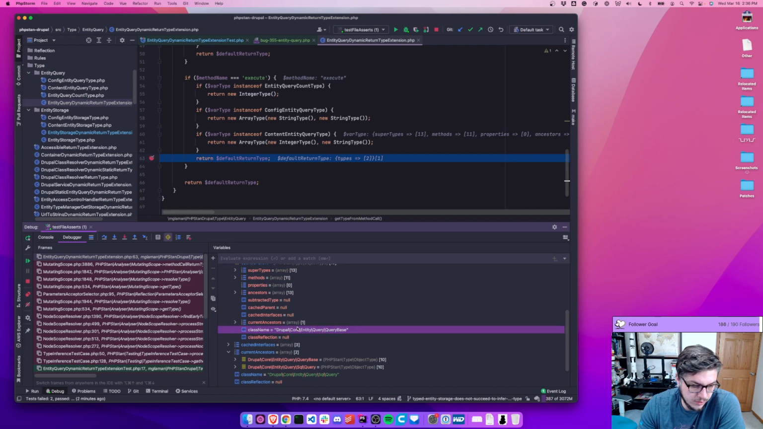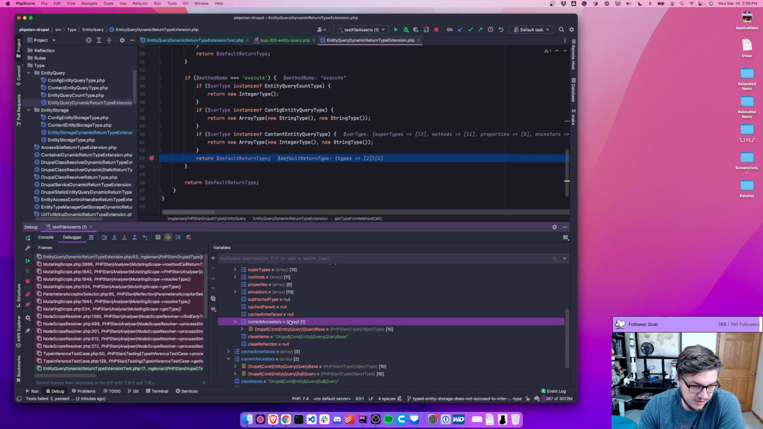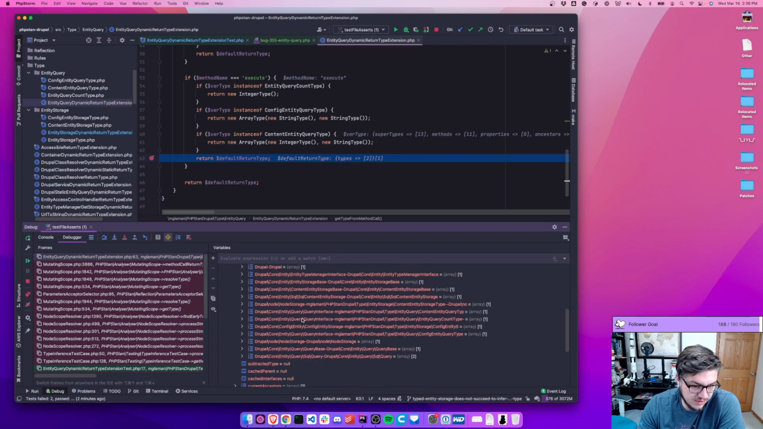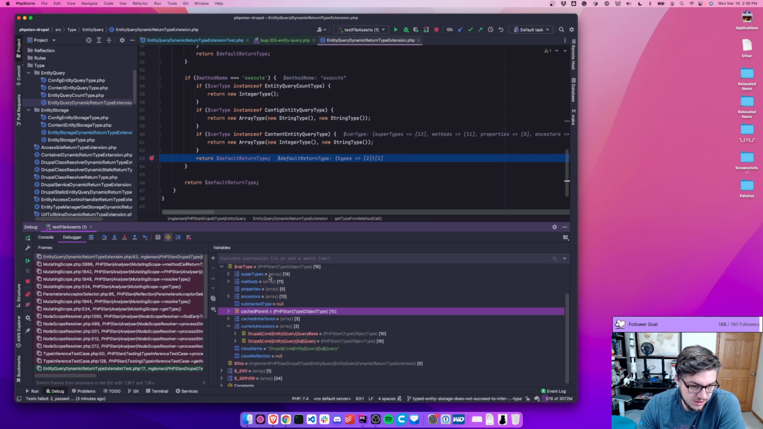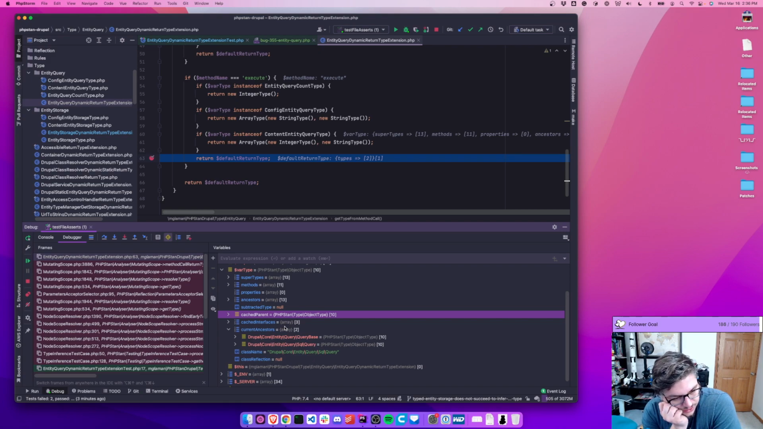Cached parent, query base. And so this is all cached. The subtracted type is null. The class reflection is null. And I think the instance of works because it preserves the type. I'm trying to think of what to do. I guess